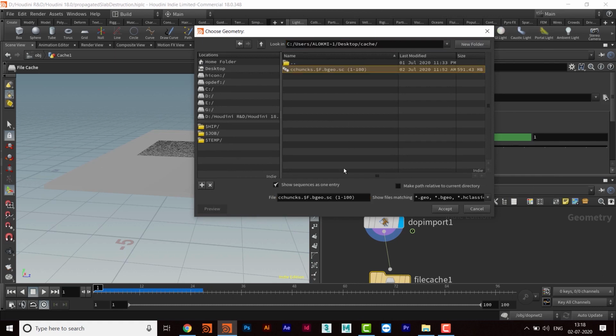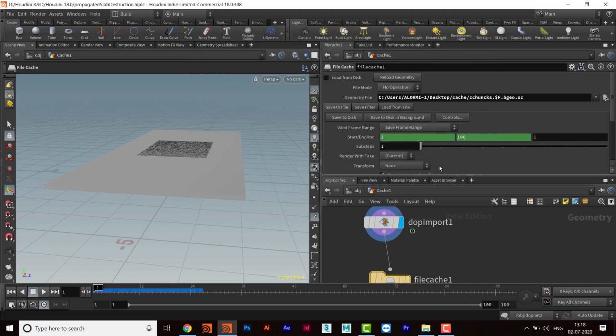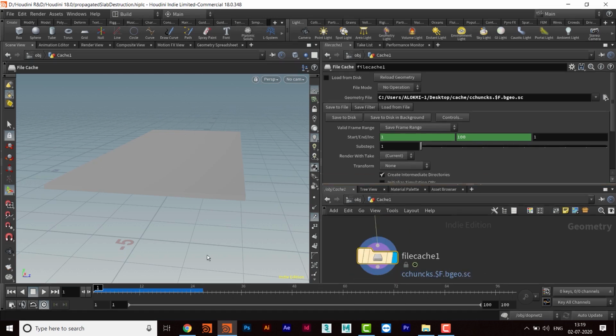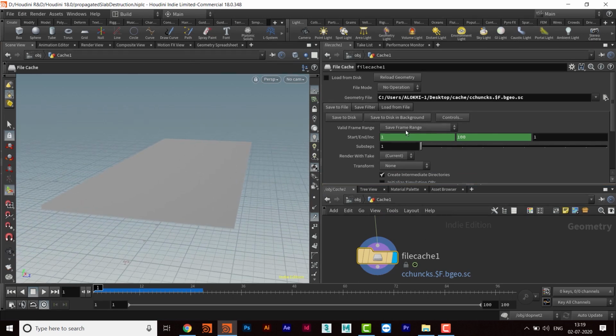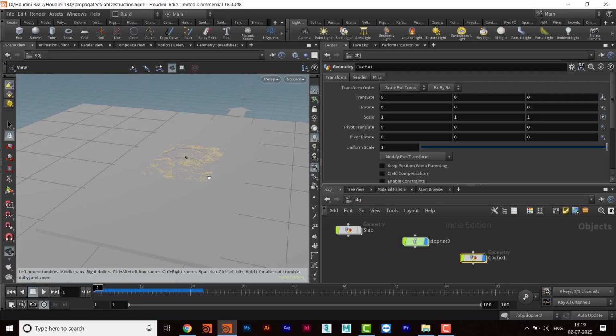So here I will take the same folder, I will override this one. Okay, so accept it. Okay, so range is 100, and then we can save to disk. Okay, for now we are not doing it, but we'll be using this one only.